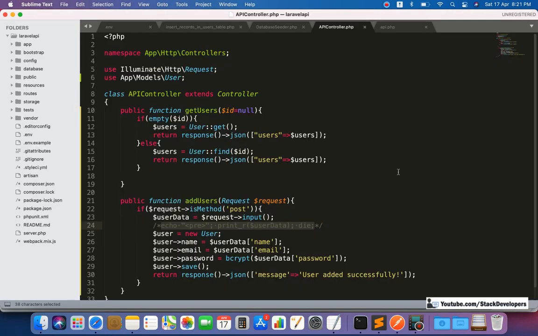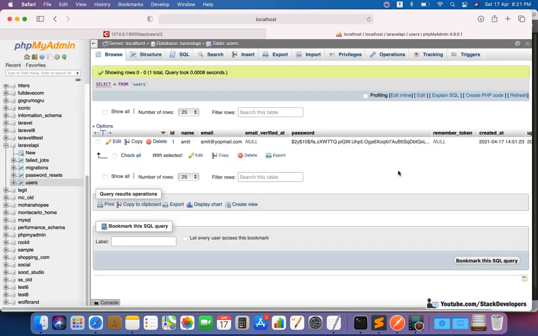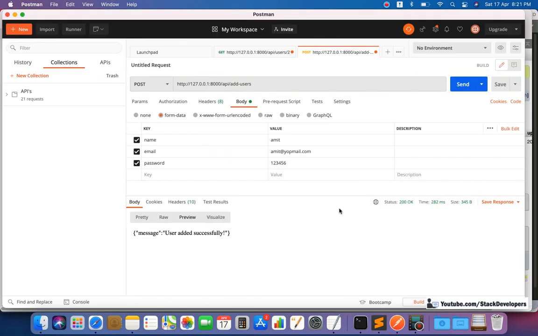Okay, so we were able to add the entry in our database. This is the way that you can use Postman and see everything we have done. We have assumed this is the same thing that the Android developer will do in his Android app. He is going to tell you to create the API, and this URL you will give to the Android developer.